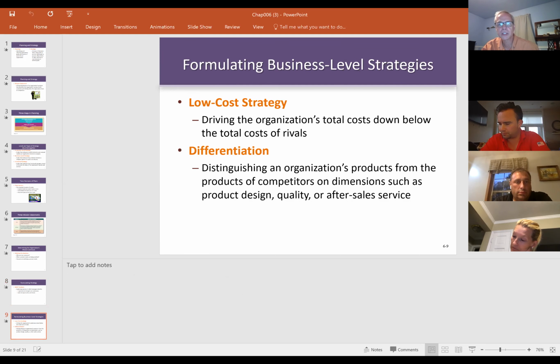Some organizations have a low-cost strategy where the whole idea is to drive down costs so we can be this low-cost provider. Everybody else, right, operates on differentiation. How are we different than everybody else? Whether it's in product design, quality, after-sales service, it doesn't have to be just the quality or the product we sell. It can be lots of different things, like the knowledgeable sales force that helps you pick what's right for you. Could be lots and lots of things. Maybe we have better parking, right? So there's lots of things that differentiate